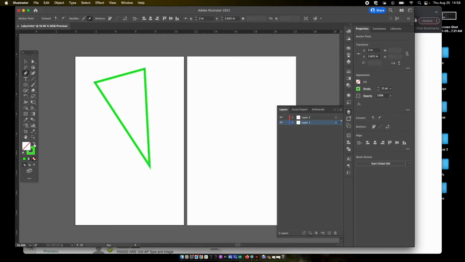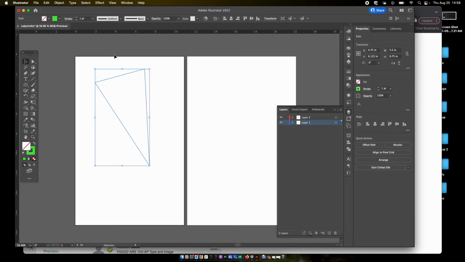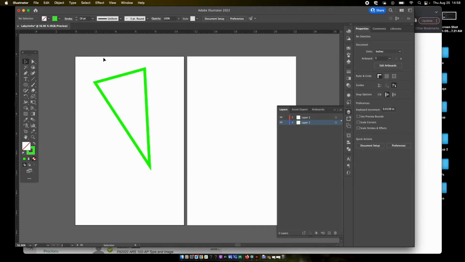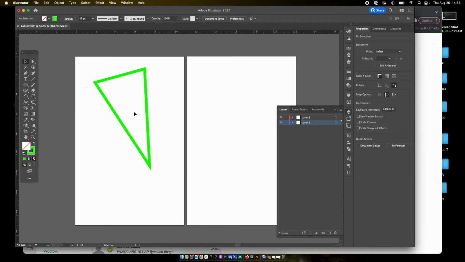And again, if I switch between fill and stroke, I can have a solid triangle or a triangle made out of lines. When I did that though, when I was changing between them, it got rid of the stroke width, so I'm going to make it a little bit wider again. Okay, so the pen tool is the tool you'll probably be using the most